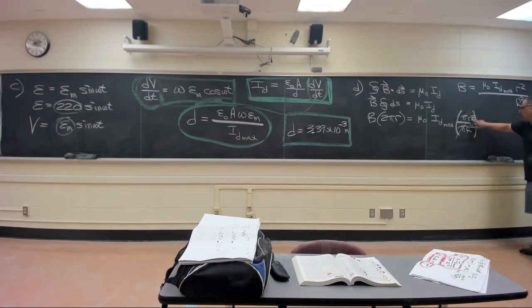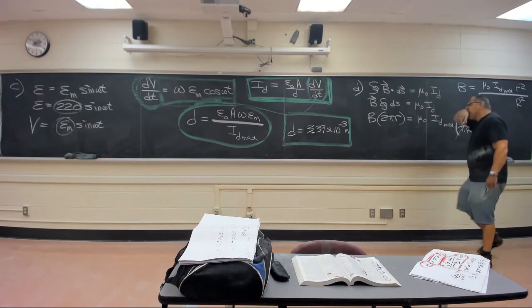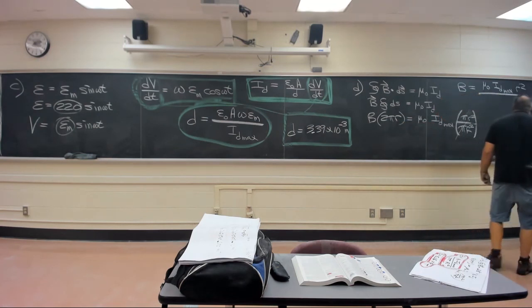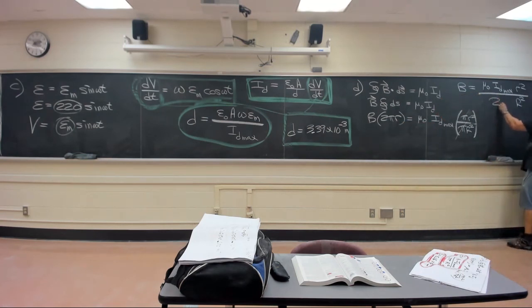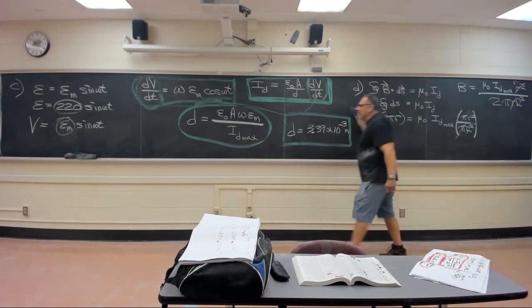You've got small r squared over big R squared, divided by 2 pi r. We've got 2 pi r. Aha. Here's a small r, and here's a small r taken to the second power. They cancel, and you've got an r right here. At the end of all that, you guys,